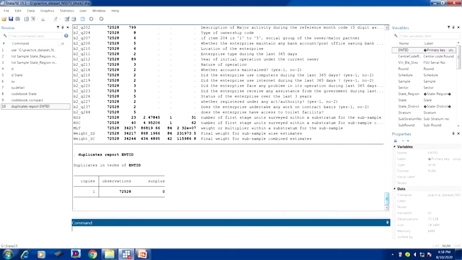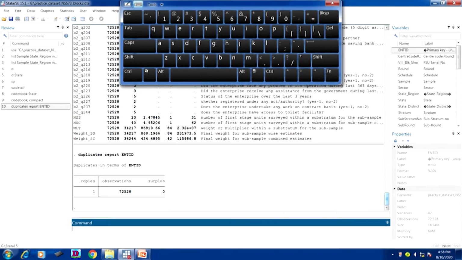So 0 surplus means all the observations are uniquely identified. Now, to operate duplicates report, okay, there is a mistake, let me clarify. Just a minute.